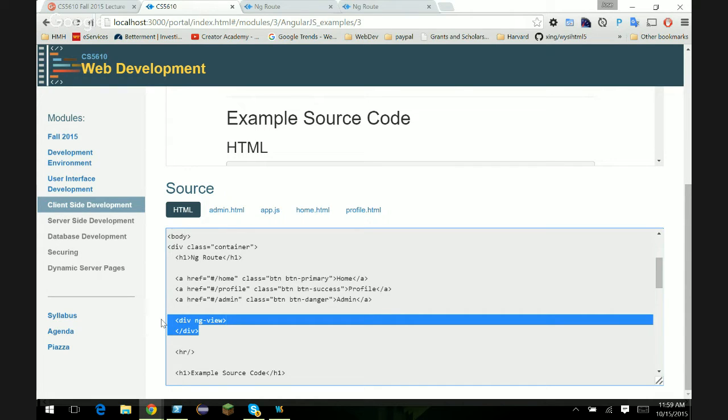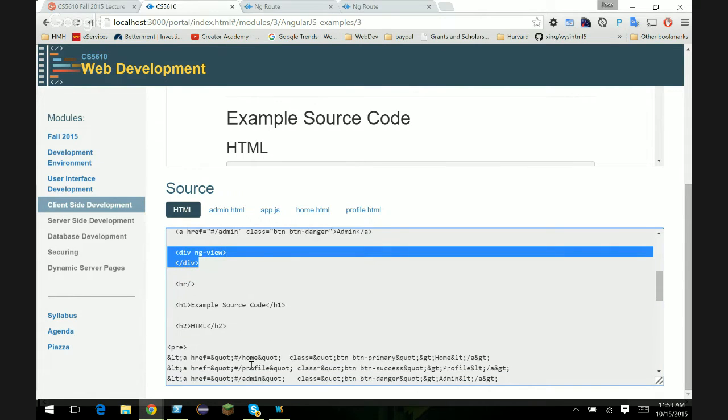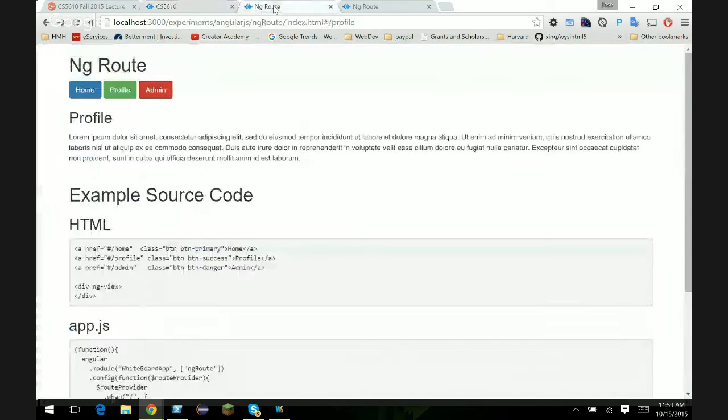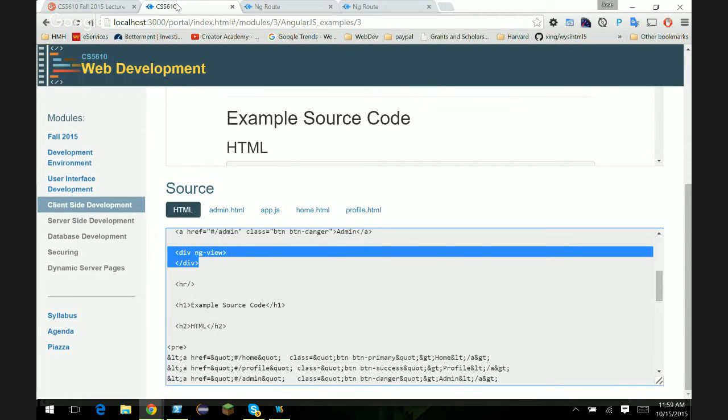Notice that down below, everything else is just static: example, source code, and so on. It's just this documentation down below. But the main content, the profile, the home, and the admin, is what's being loaded dynamically onto the DOM. That makes sense, right? So what remains to be done is